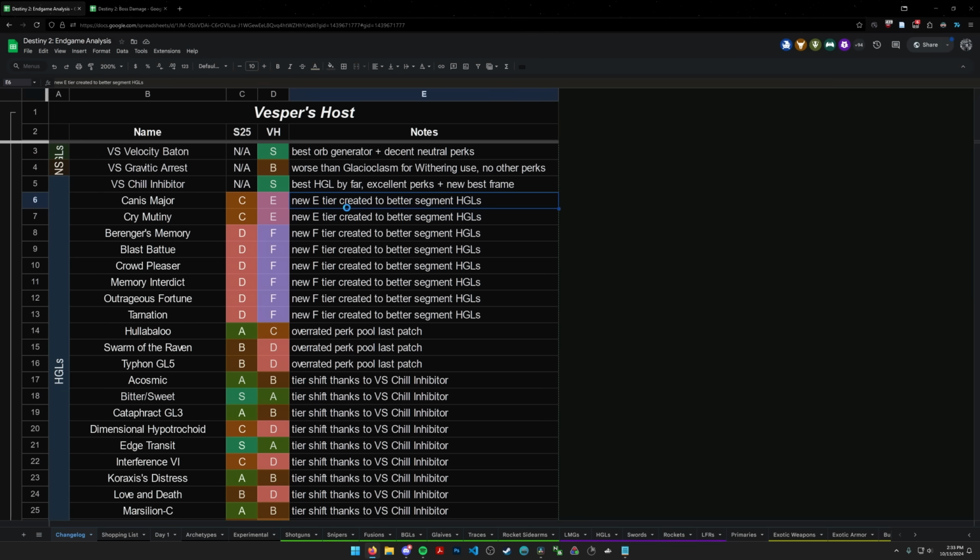Hey everyone, I'm sure everybody has had time to play Vesper's Host at this point. Pretty cool dungeon in my opinion, but I'm here to talk about the weapons and how they will change the endgame meta going forward. I wanted to make this video right after I started finding out the perks